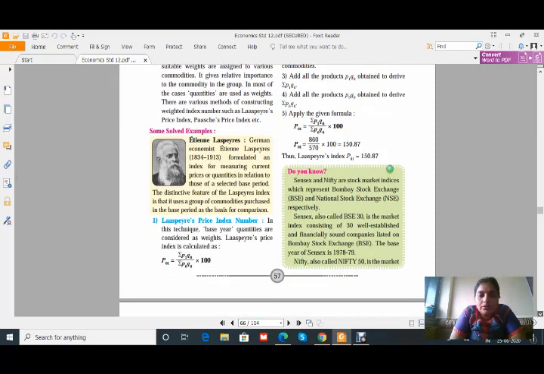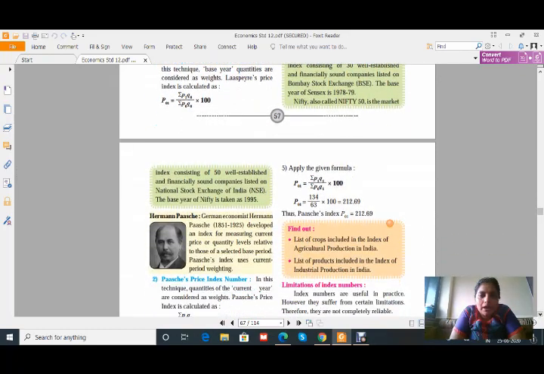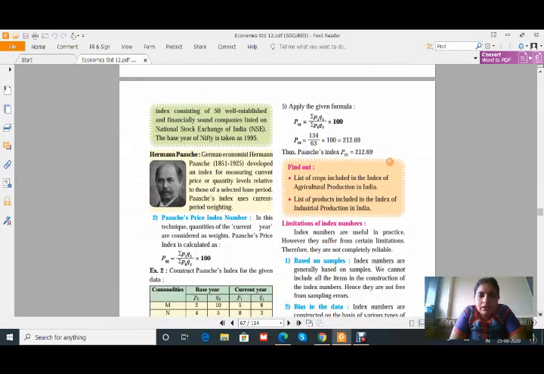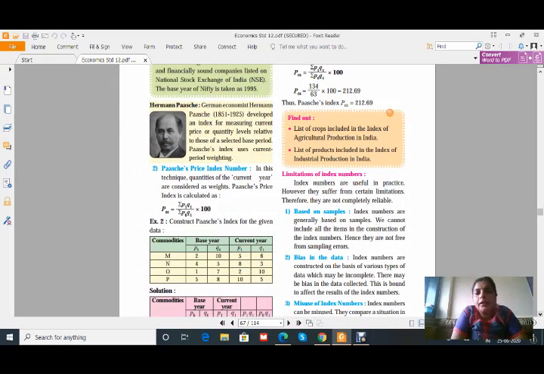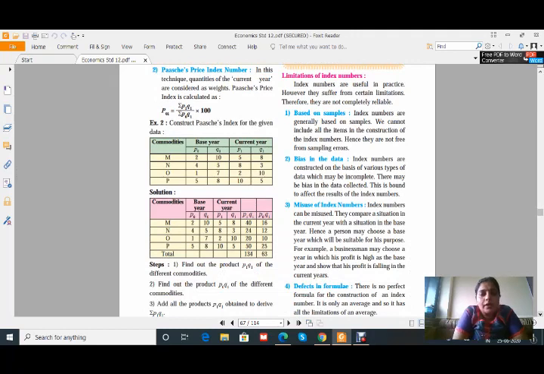Remember this. Now the next one is Paasche's index number. It is also a little bit different. Here the quantities are taken as a weight and the current year quantities have been given importance, not the base year. That means a little bit change in the formula, that it gives us P01 is equal to summation of P1 Q1 upon summation of P0 Q1 into 100. That means here while calculating this index number, we have to forget about the Q0, that means base year quantities we don't have to consider, only the quantities for the current year that we have to consider.